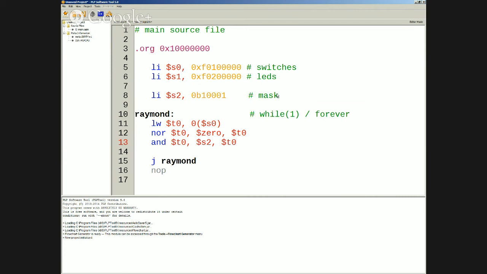And the final step is what? You're done processing. You're done computing. What do you do? Store back, right? Store back to the I/O. Now, a different I/O, which is the LEDs. Cool? Any question? Did I screw up somewhere? Probably. Let's run this and see if it works.